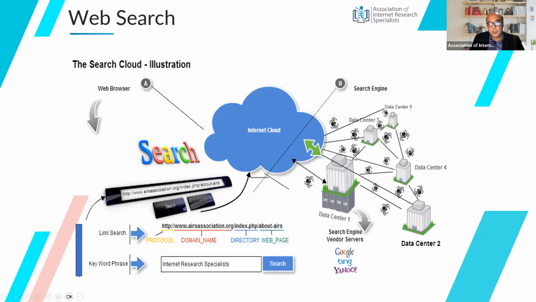It is programmed in such a way that it would just crawl into the domain first of, let's say, any website. In this case, let's say it's airsassociation.org. Then it is going to look for what we call the site map. That is the map of all those pages that are connected with that domain, or are the ones that make the entire website as one big collection of web pages.